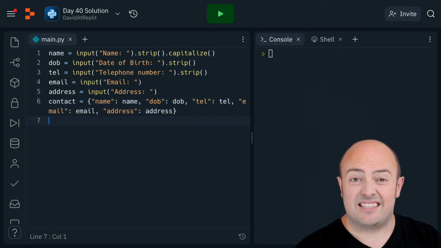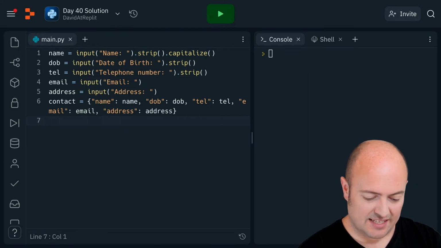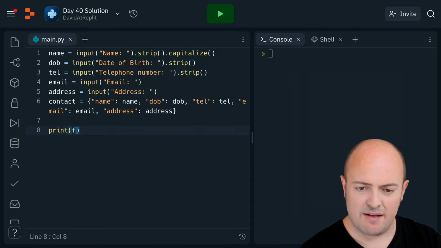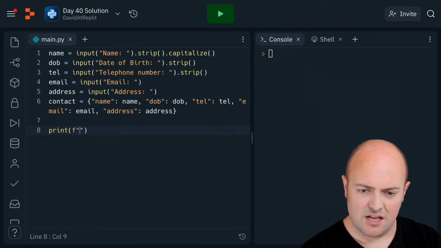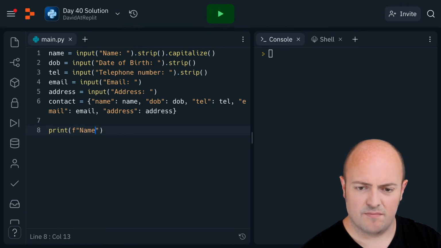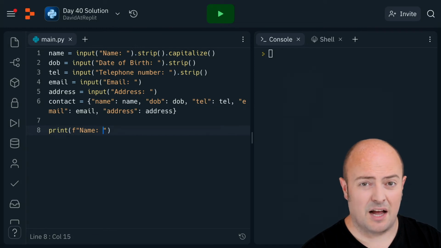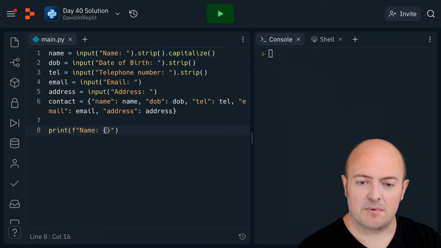And then I'd said print that out nicely, didn't I? So what we're going to do is print out that entire thing. I'm going to do F strings for this just to make it a little bit nicer. I'm going to print out the name. Look, I appreciate this is a bit weird at the moment, but stay with me. We'll be using loops in the next video to print them out properly. So I'm going to print out